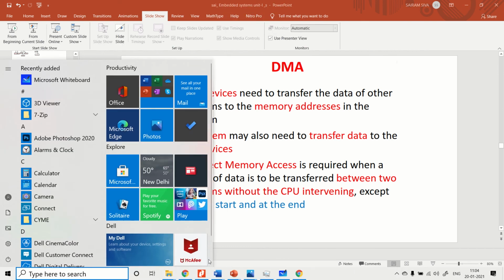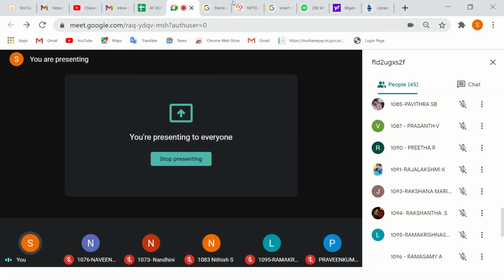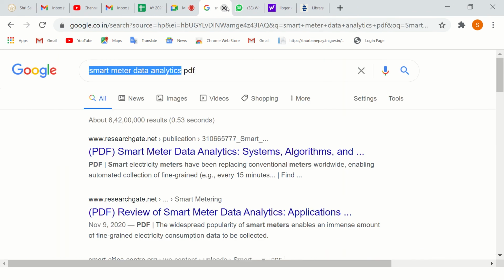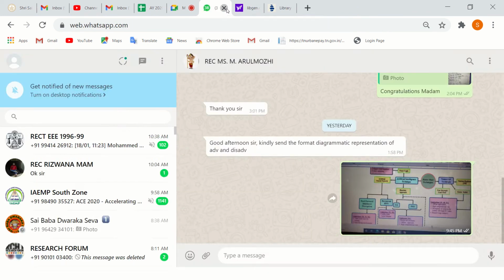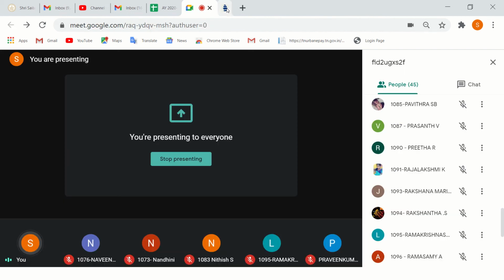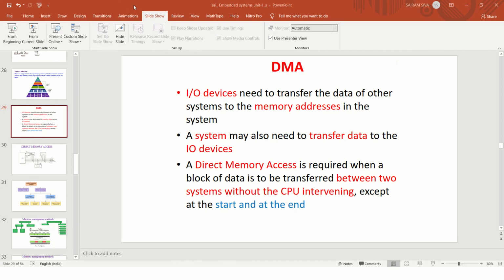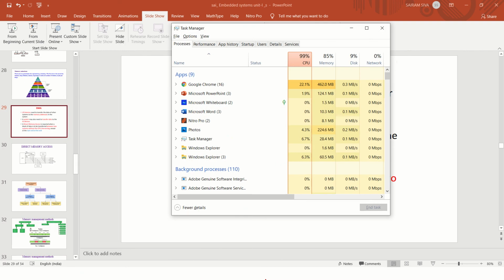So now I am also going to close the Google browsers, right? These browsers I am also going to close. Maximum browsers I have closed. Now I am going to go to my Task Manager,